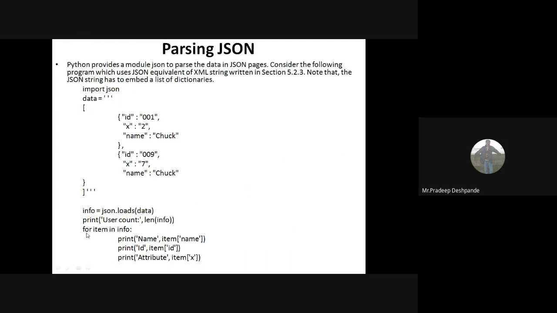For item in info, print name, item name here. Then print ID, item ID, print attribute, item x. What are these? These are the names of the attributes: ID, x, name. Those are displayed directly.